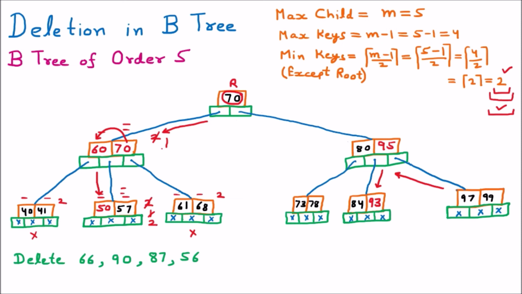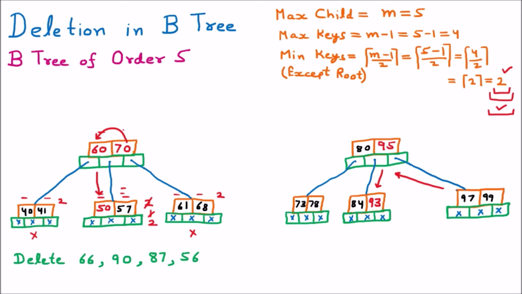You can see that now how many keys are there? So 1 and 2, now two keys are there. So this is again modified to two keys. So the property is followed, but here we have deleted this node 70, because after shifting this 70, this node should be deleted. So I am removing this element from here. So this 70 is deleted, that means this root is deleted, so this root block will be deleted. So this is not having any significance now. So this whole root will be deleted with its branches.